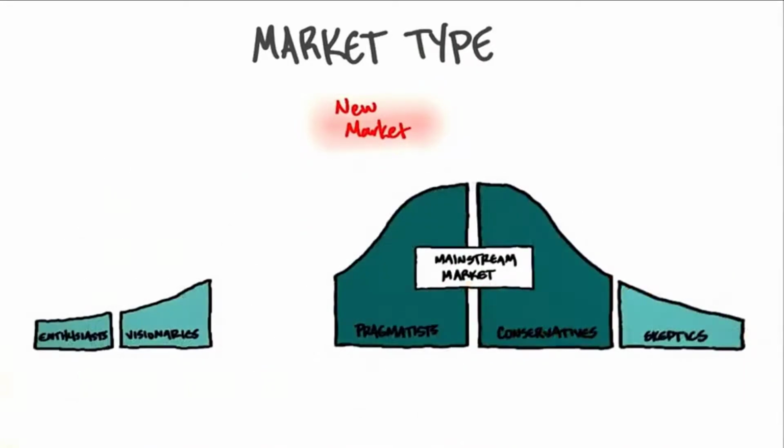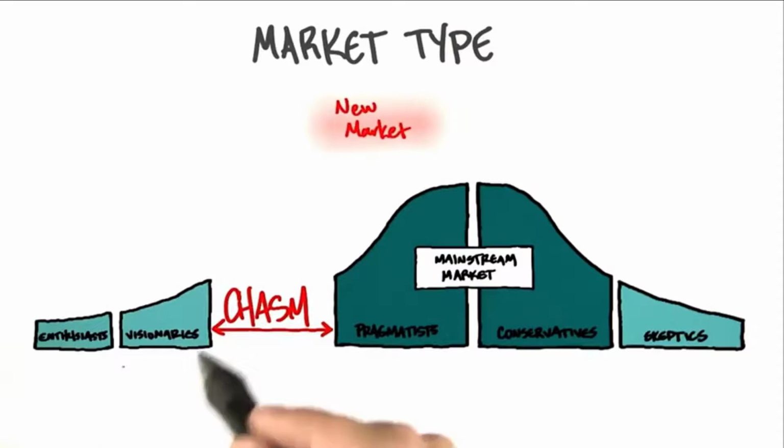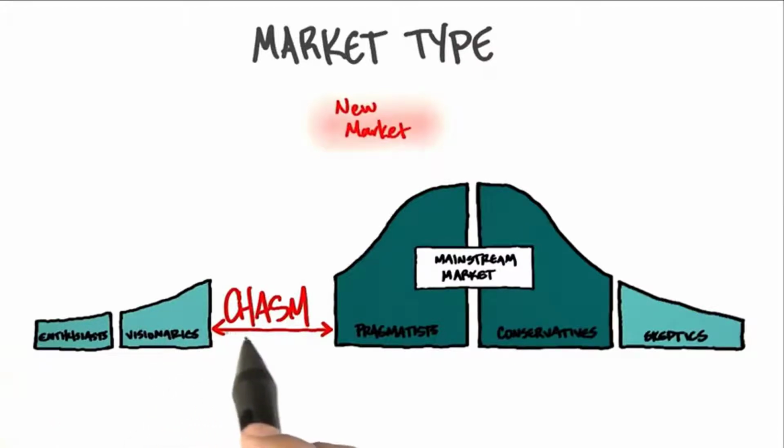Now, a way to look at this is take a look at the chasm. Man, this is scary. That is, you can sell to the crazy people all you want, the early evangelists, the early adopters, and that's nice, but you'll have a small business until you figure out, how do we get the masses to adopt?